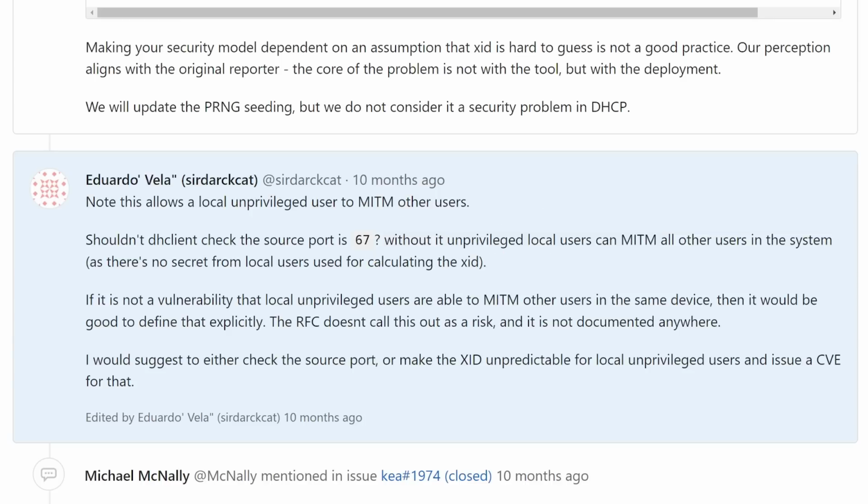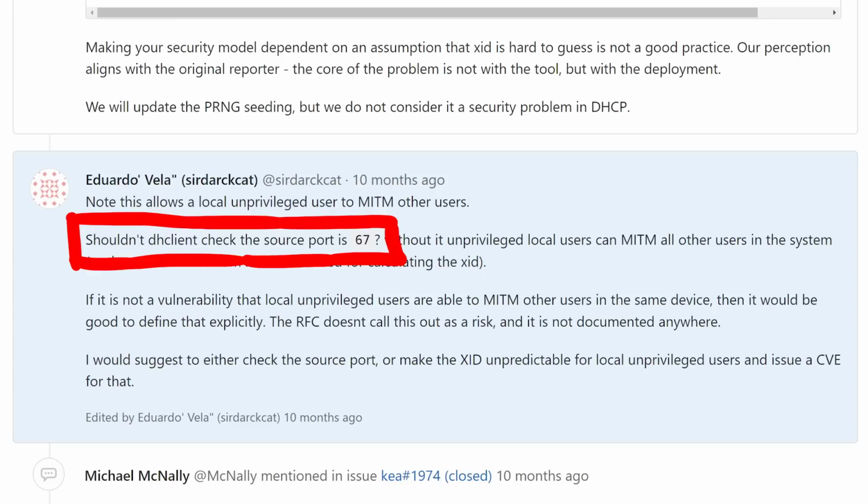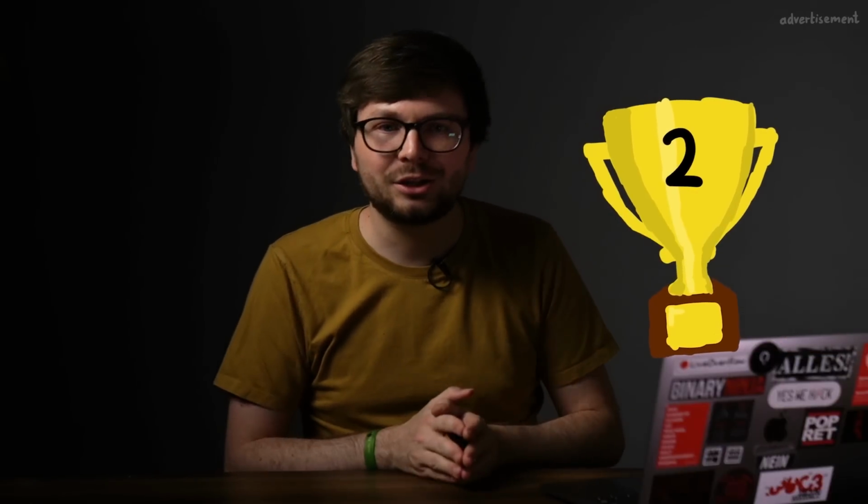making it somewhat a privileged escalation exploit, and proposed that the DH client should at least check the source port. Very fascinating discussion and provides a lot of food for thought. Let me know in the comments how you think about it. Unfortunately, we don't know what Imre got for this bug report either, but we do know that it got him second place with an additional